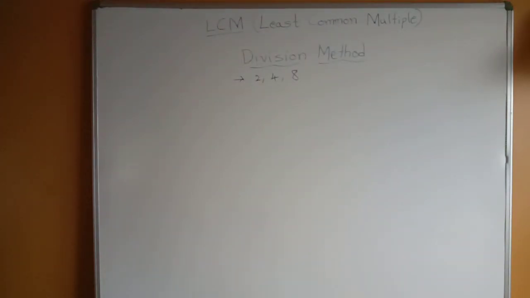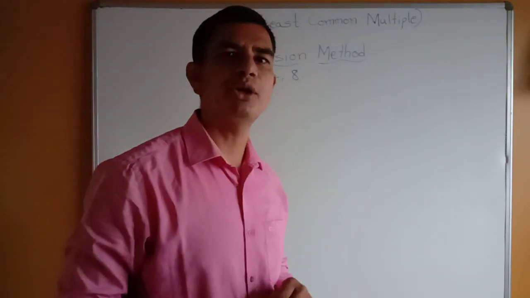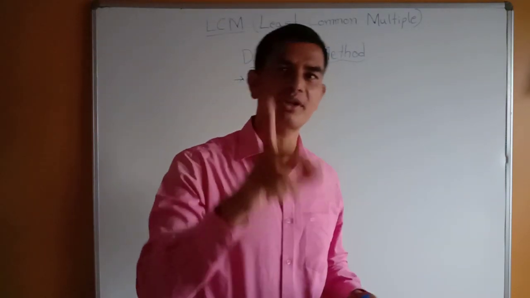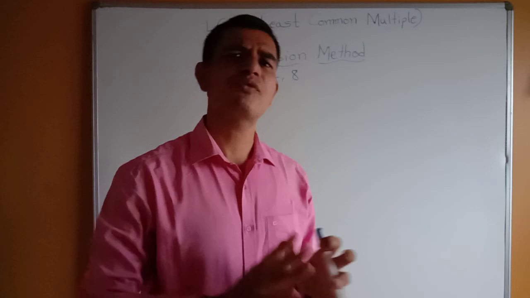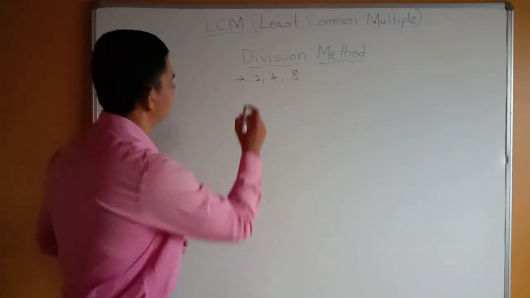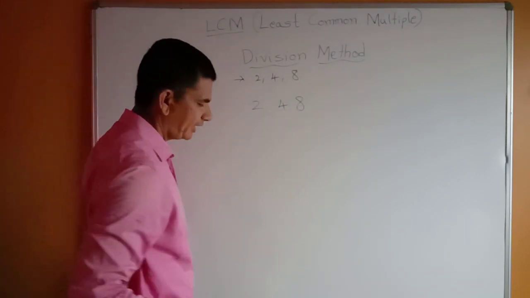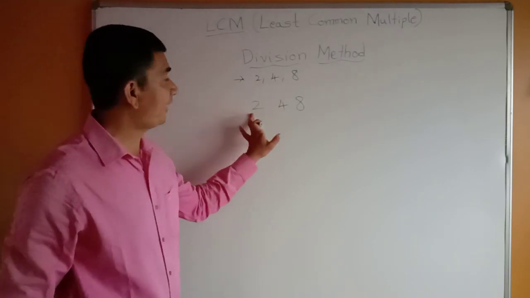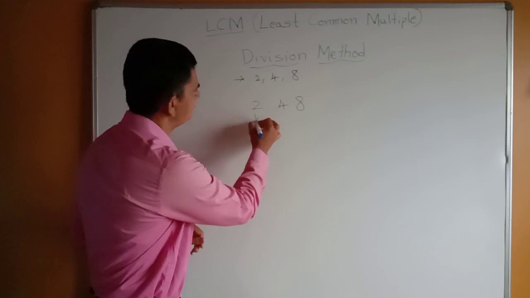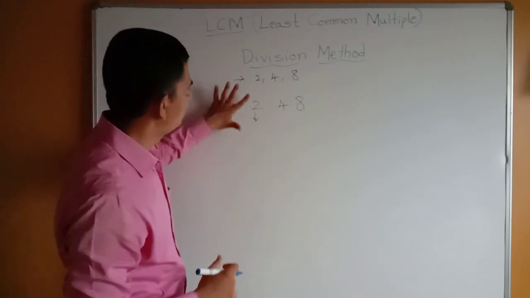So students, to find the LCM by the division method, this is just for your knowledge, but don't go for this method. In HCF you can go for the division method, but for LCM I am explaining just for knowledge how we can do it. Here we have to write all these numbers in a row, and on the left side we have to see whether there is any factor of this number. For example, for this number we have to observe, is this a factor of this number? If it is a factor of this number, we have to remove this one,